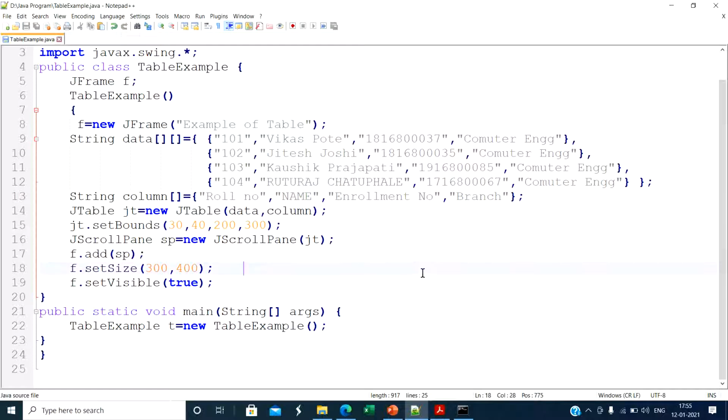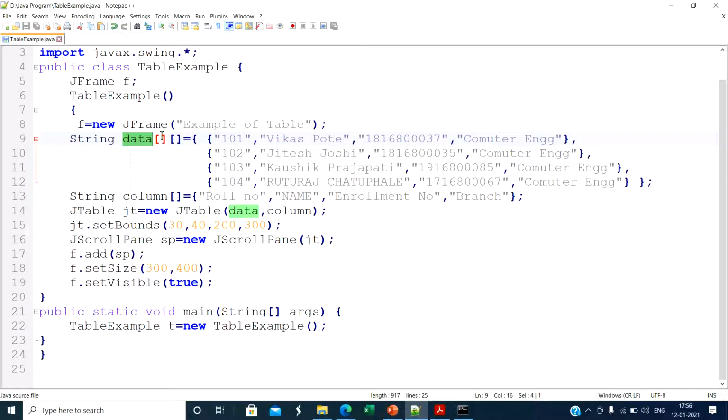Then for the table we create one 2-dimensional array. String is the type of the array, and data is the name of the array. You must know this part: when you create a 2-dimensional array, the 2 square brackets indicate, first, the number of rows, and second, the number of columns.